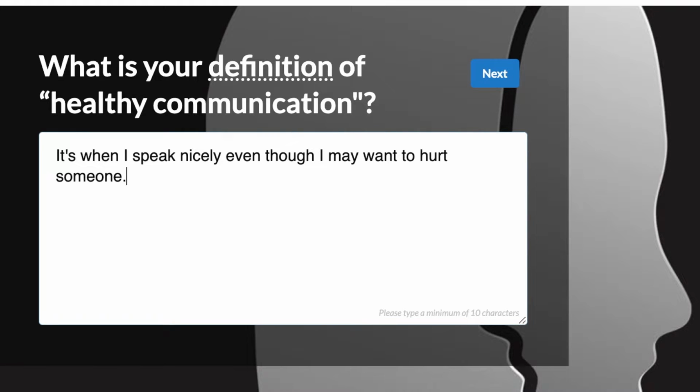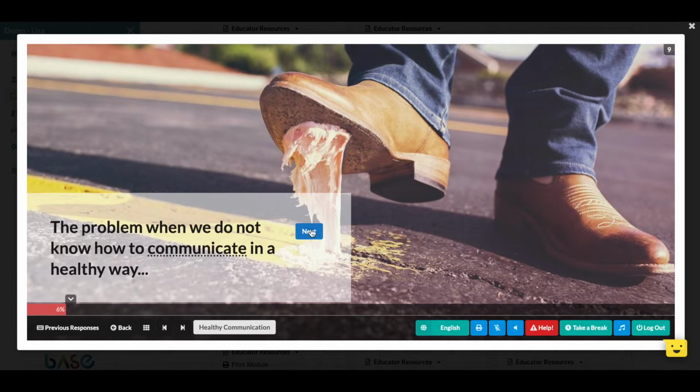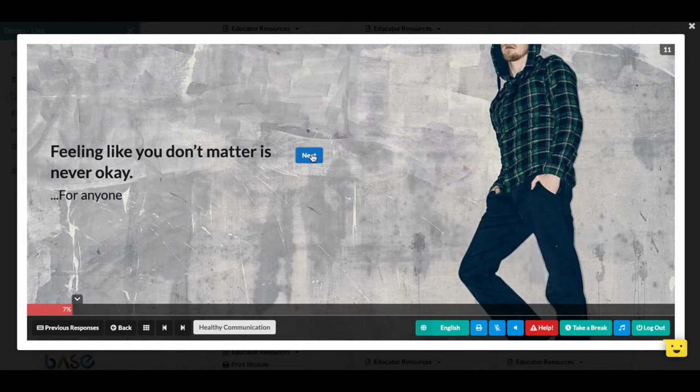The reason I'm typing this is I want to show you that the system uses special proprietary fireword technology to capture everything that a student writes or everything that a student deletes. I'll show you why that's important in just a few moments. So I'm going to move through my module and I'm going to use that introspective journaling, which, by the way,